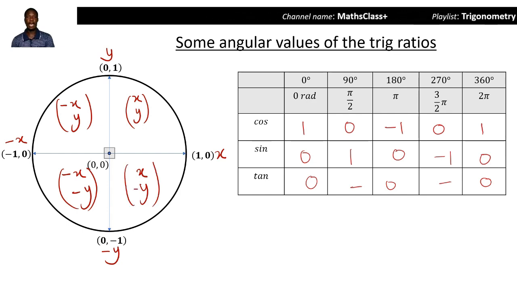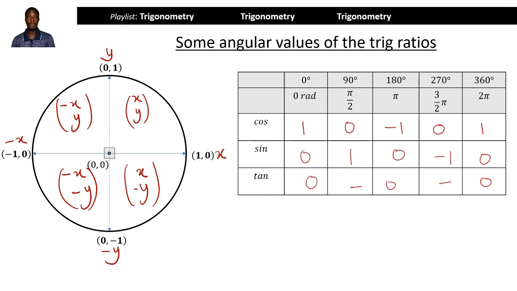Okay. Now, we said the x coordinate is the cosine of the angle. So in the first quadrant, you see that our x coordinate is positive. So cosine in the first quadrant is positive. Now, when we say first quadrant, apart from the diagram, let's remember the first quadrant with the